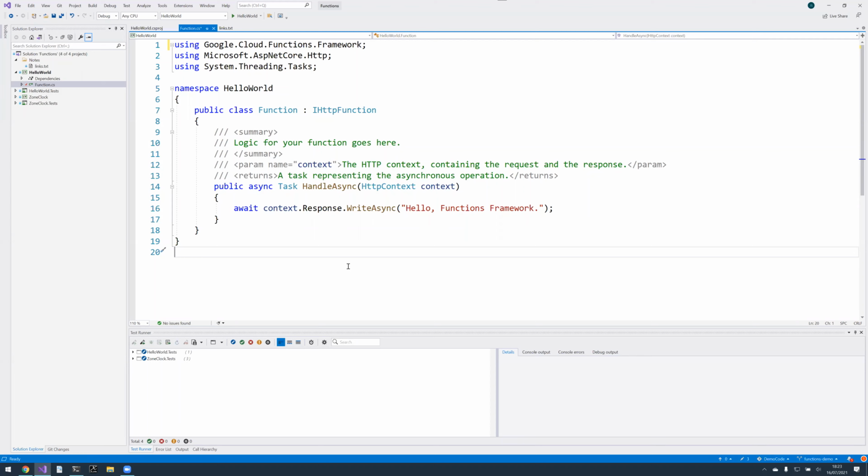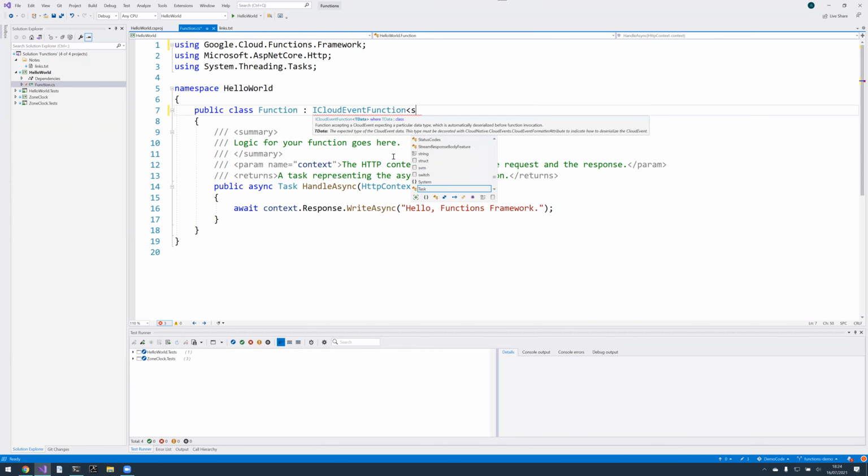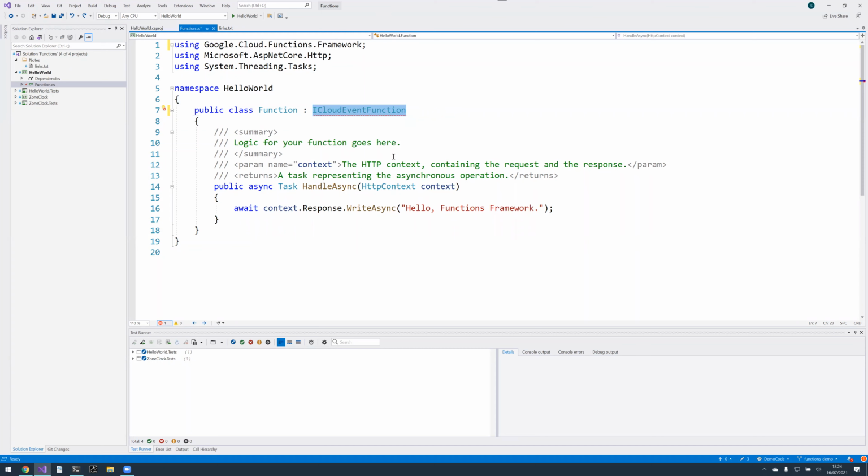Otherwise, it looks through that assembly for anything implementing IHttpFunction, or ICloudEventFunction, or ICloudEventFunction of T, string, whatever. So it looks for anything that satisfies any of those three interfaces and says, right, that's the function I expect it to be. And it remembers that as the function type